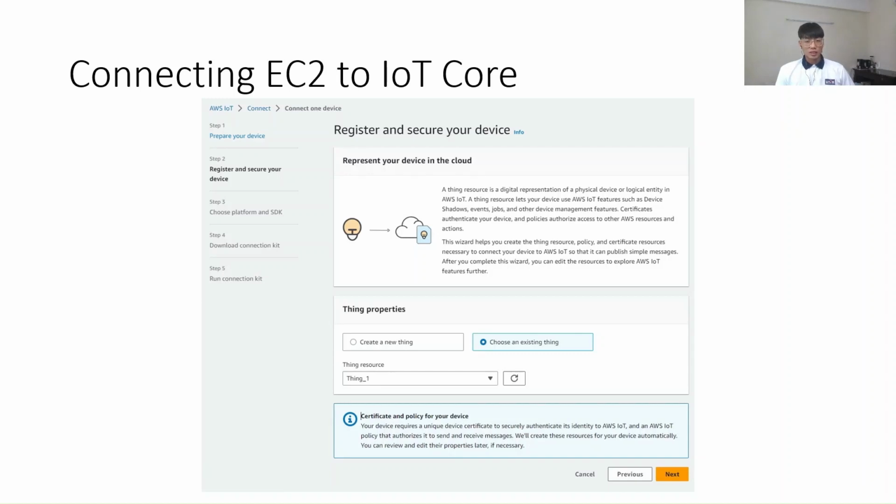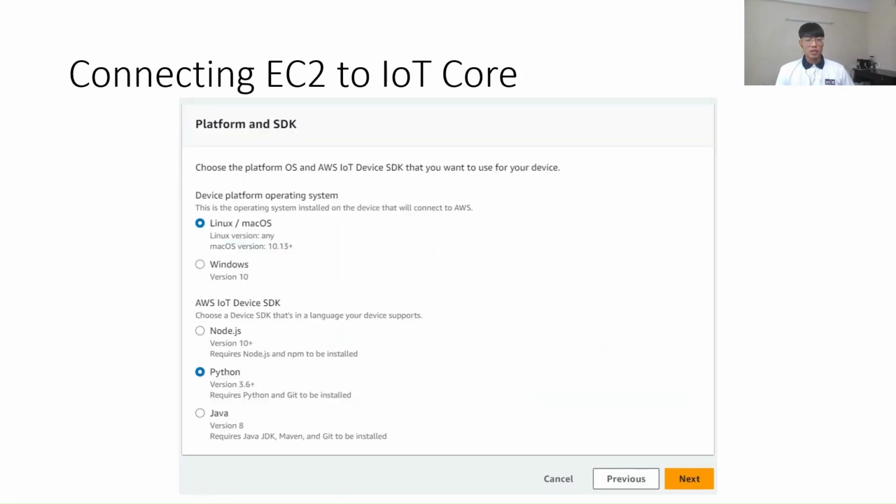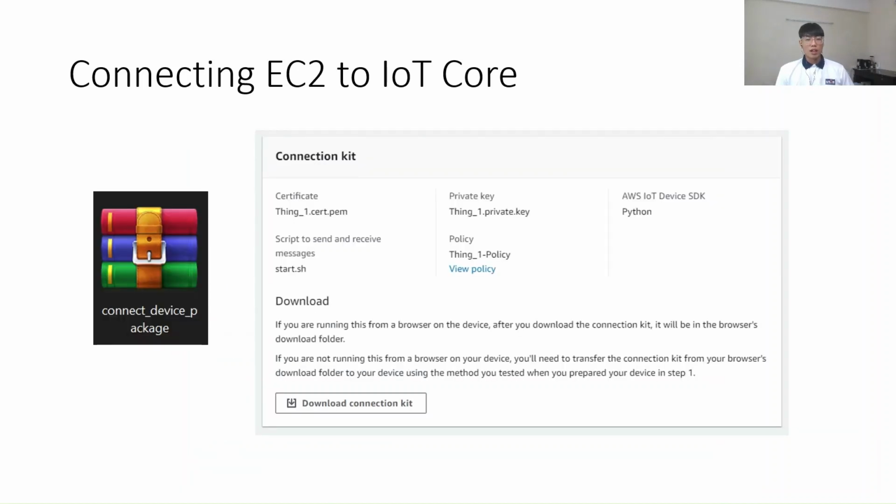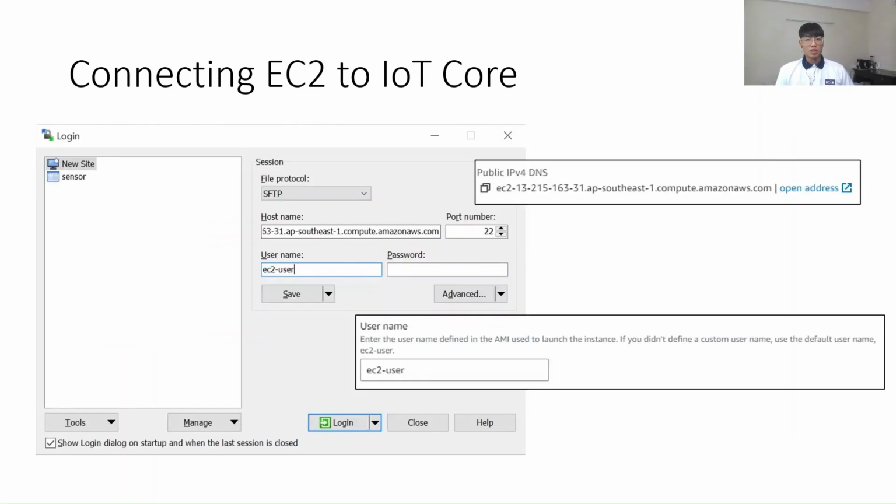You should choose an existing thing which you created just now and click next. And for the platform and SDK, you should choose Linux and also Python. And after you click next, you should see this and you should click on the download connection kit, and a zip file will be downloaded in your PC. And then in order to